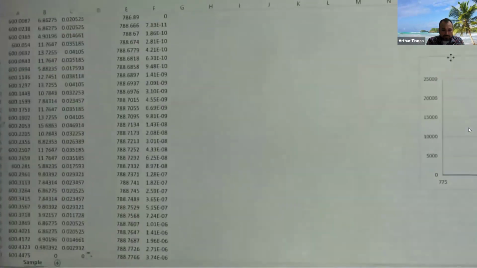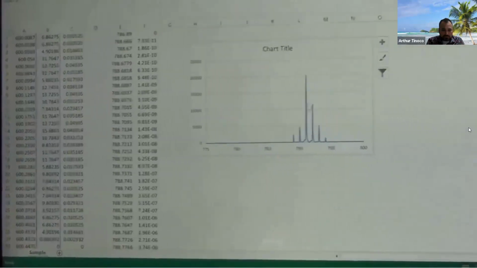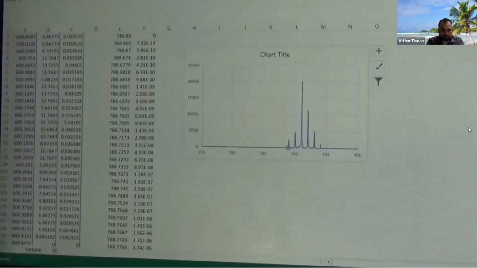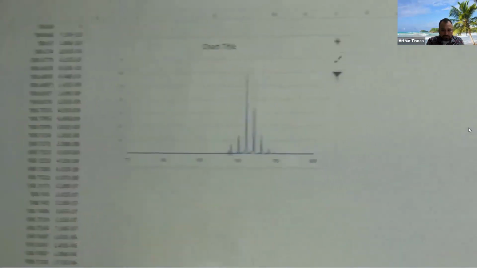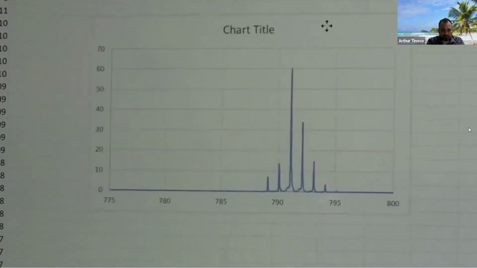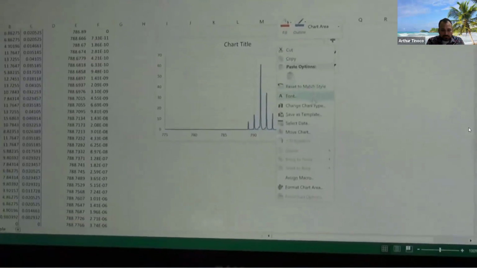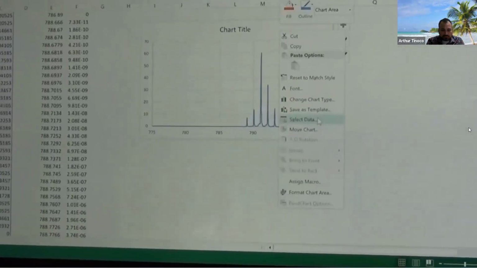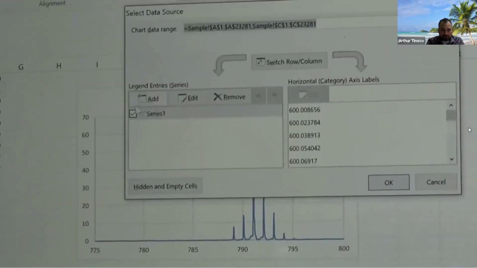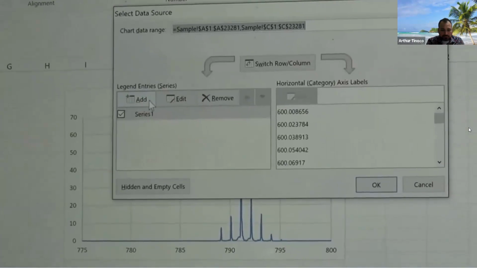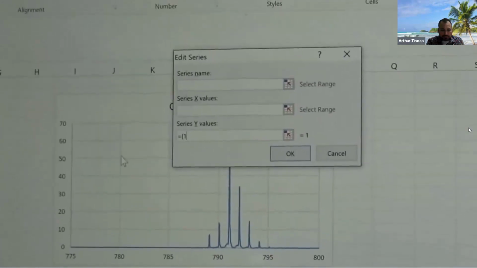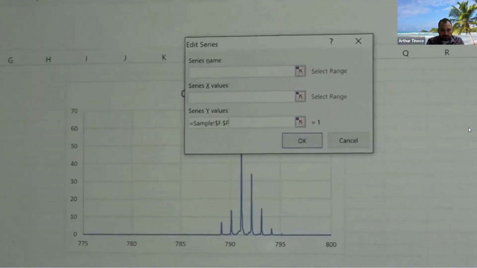The data that was obtained from the theoretical mass spectra that was generated from IsoPro was already normalized to 100. What that means is that the highest peak will be 100 for the theoretical mass spectra. So I'm actually going to insert this data into the plot. I will click on Select Data, and I will add the series corresponding to the theoretical mass spectrum. For the Y values, I will click on the column